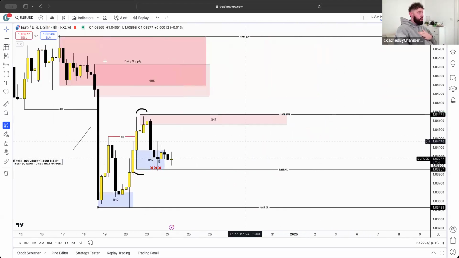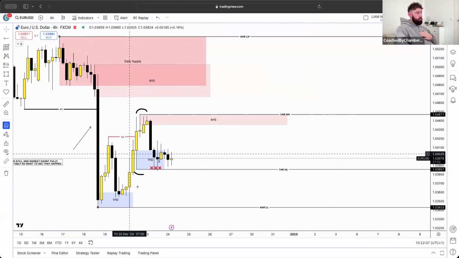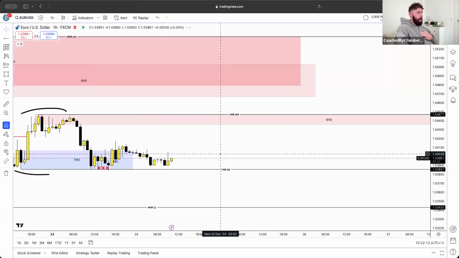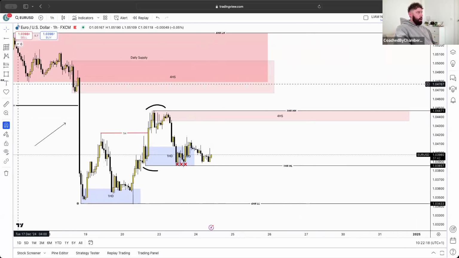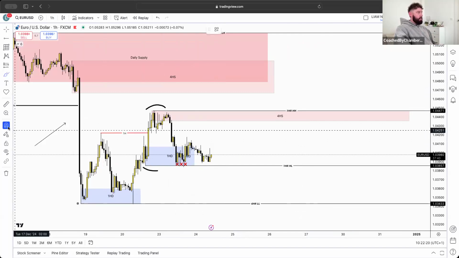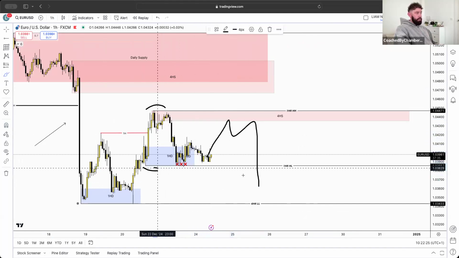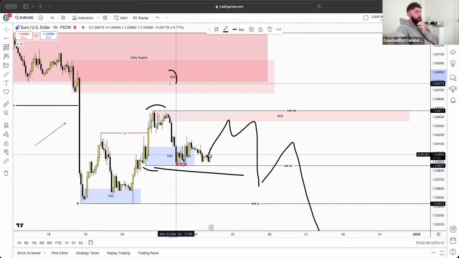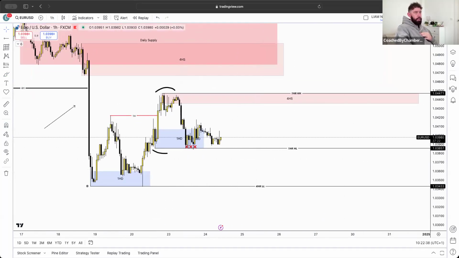It's not giving me the confidence because this is a 1 hour trend. This is a trend on the internal, sorry, and we haven't mitigated the supply area. So for me, I'm not happy enough to take this 4 hour supply. I would rather see it come higher. My only thinking in regards to taking sells would be if we come up and have a break of this. If we have a break of this, then I would look to participate. But this is my predominant thought for sells at this moment in time. So EU, I'm going to stay far, far away from it because it looks ugly.